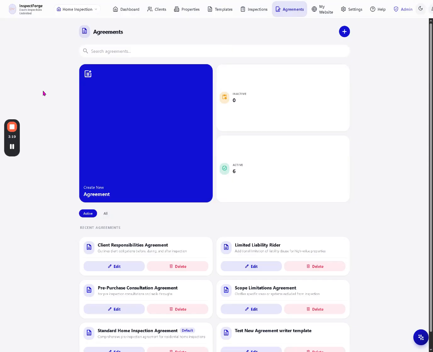On the agreement page, we have all of the agreements that you would need for any inspection that you conduct. Agreements are something that you send to a client as